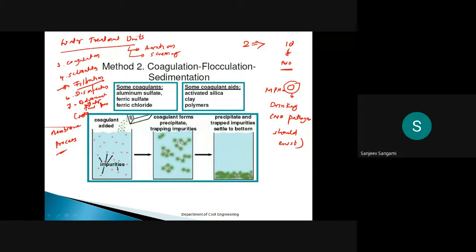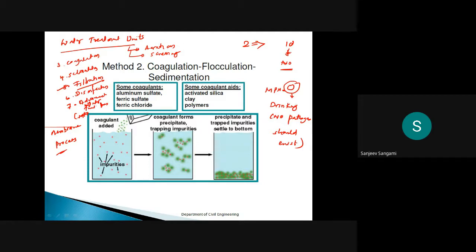Now this is just a highlight. I got some good pictures so that you can understand the coagulation process. This we already covered in the previous class itself. This is how exactly the coagulation process is going to happen, so it is just a revision.